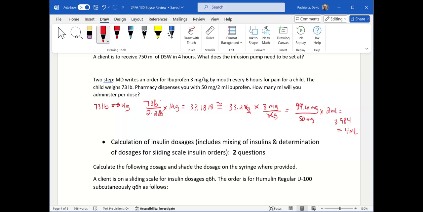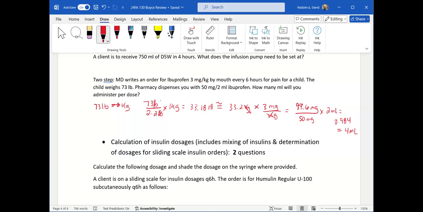Technically, yes. I rounded pounds to kilograms to the nearest 10th, and then I rounded my final answer to the whole number. So let's say I didn't do that initial rounding. So I take 73 divided by 2.2, and I get this really big number of 33.181818181818. I multiply that number by 3, and then I get